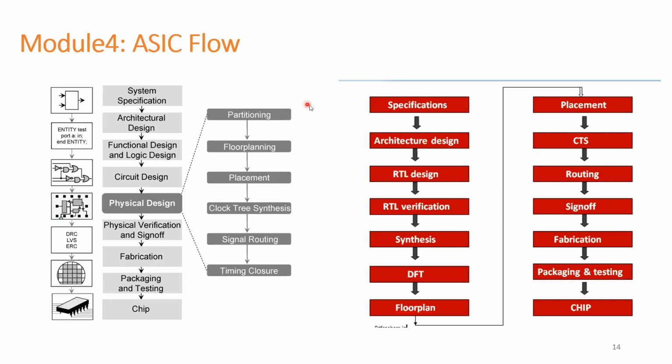So once partitioning is done, each and every subsystem will be given to each and every individual physical design engineer. What they will do, they will start with block shape as an initialization, and they will do IO port placement, and placement will be done at floor planning. And once that is done, once macro placement and all other physical cell placement is done, we will do